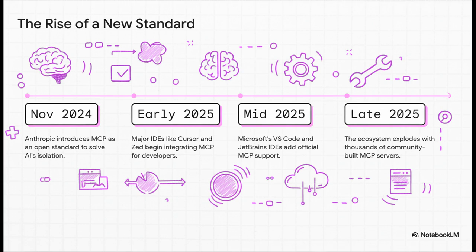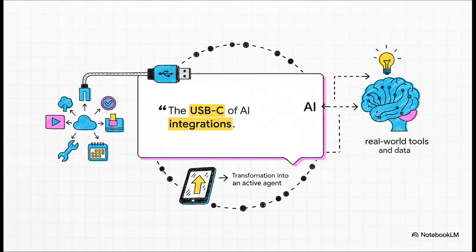Just incredible. Honestly, if you remember one thing from this, make it this quote. MCP is the USB-C of AI integrations. It's a perfect analogy. You remember that drawer full of a dozen different random chargers and cables you used to have? Now you just have one standard that works everywhere. That's exactly what MCP is doing, but for connecting AI to the world.